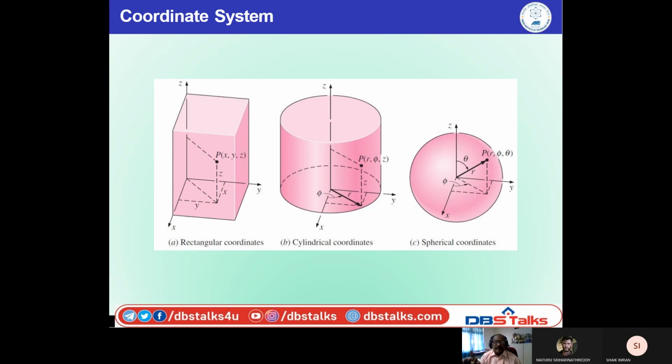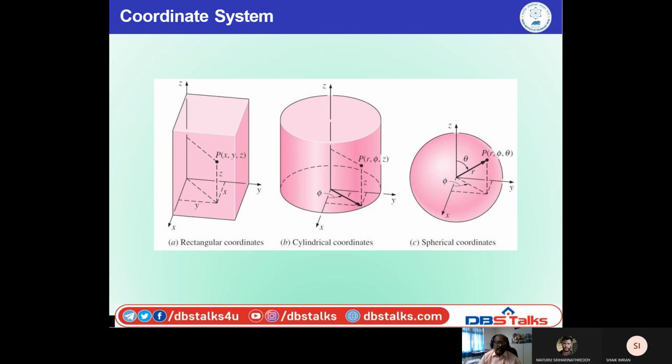To find the two-dimensional or three-dimensional heat transfer equations, we are going to use different coordinate systems. A coordinate means a point. Here we are going to use the Cartesian coordinate system, the cylindrical coordinate system, and the spherical coordinate system. In case of the Cartesian coordinate system, here we have taken a rectangular slab.